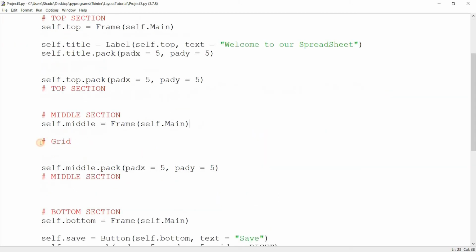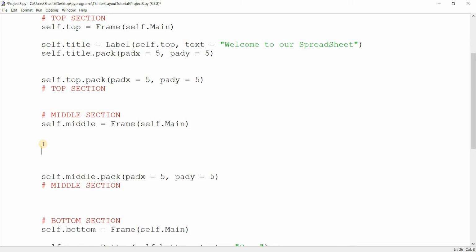So the grid now. Okay, now this is where things get interesting. I've just been using pack so far, I know, but this is where we actually begin using grid. And trust me, it's a good idea to learn more. I mean, you can get by on using just one layout manager, but the more you learn, the more effective things will be. The more situations you'll be able to handle and properly and fully take advantage of them. Okay, so enough of that, and let's actually go ahead and create our